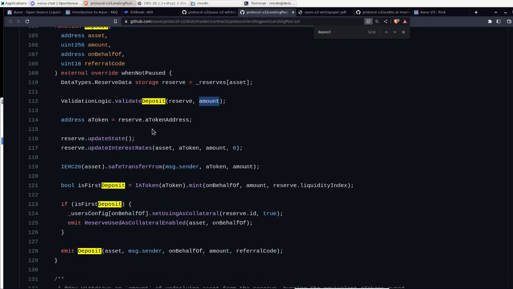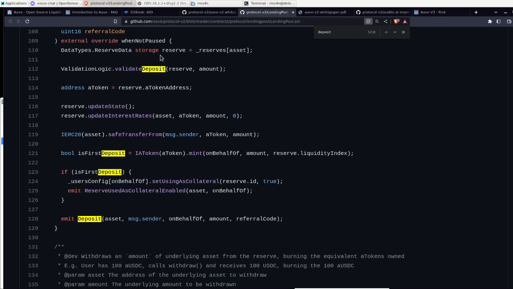Then, based on the reserve for this asset, we load the A token, the equivalent AAVE token. We update the state, very interesting. And we update the interest rates because we just got a new deposit and we just issued probably AAVE tokens to represent that.